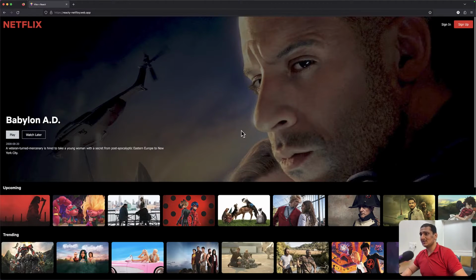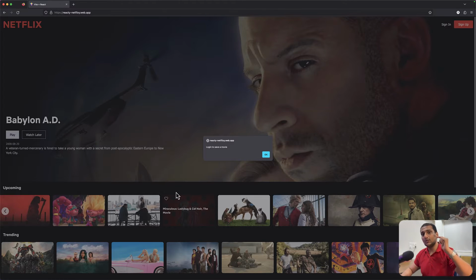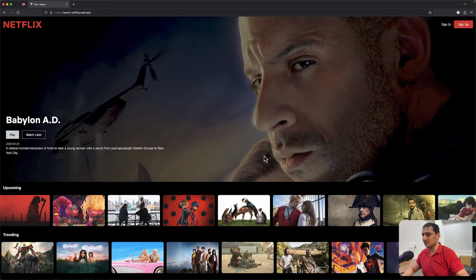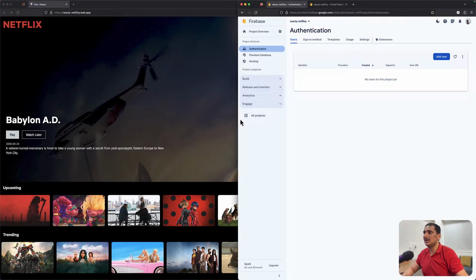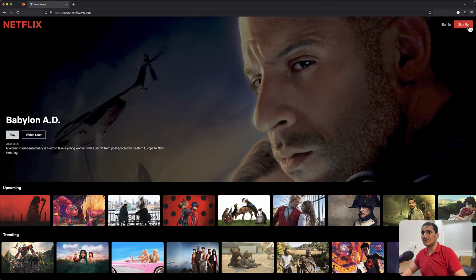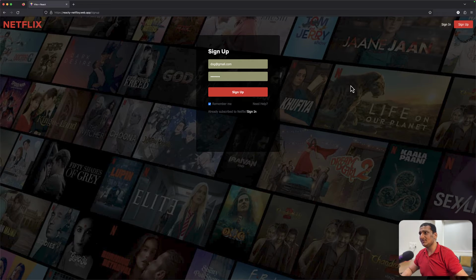And not just this, right? You can see this like icon here. If I click here, it will tell me login to save a movie. So we will be using Firebase authentication to create a user, right? So let's go ahead and do that. First, let me show you my Firebase. So this is authentication. If I refresh the page, there are no users. So let's go ahead and sign up. I click sign up, and here